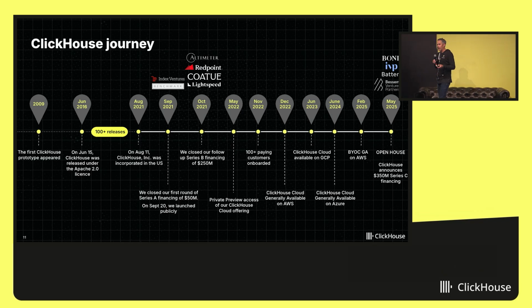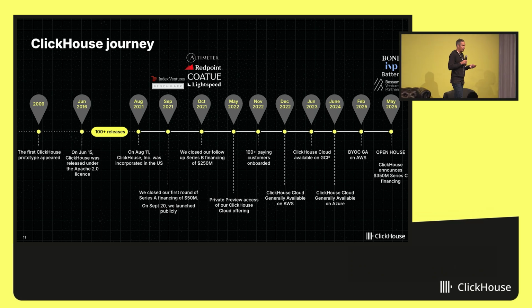And we launched our cloud service, ClickHouse Cloud, and we're going to try to get a poll of who may be using that cloud service, 2.5 years ago. Originally on AWS, and then subsequently on GCP, and then on Azure. And then earlier this year, we launched a deployment model called Bring Your Own Cloud, where we decouple the data plane from the control plane. And we've got some early adopters in the room here today. And we've got some other deployment options that we're going to be rolling out later this year that you're going to hear about.